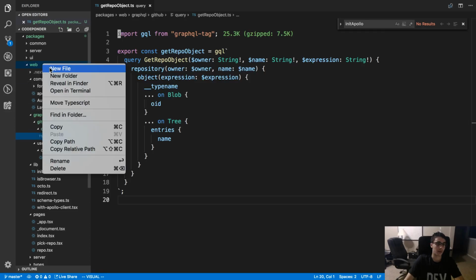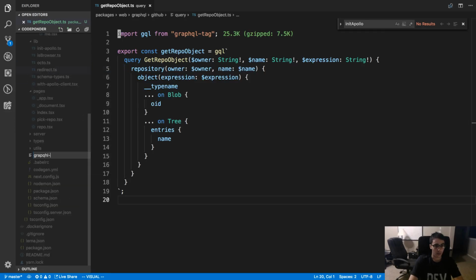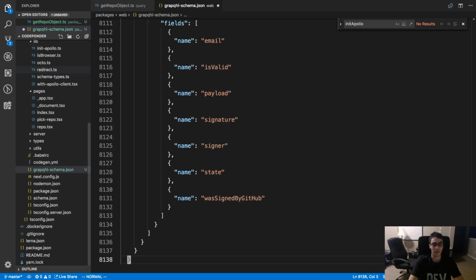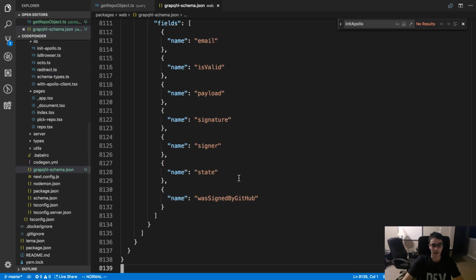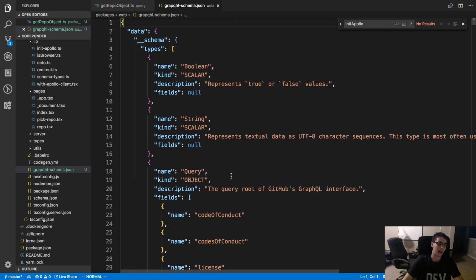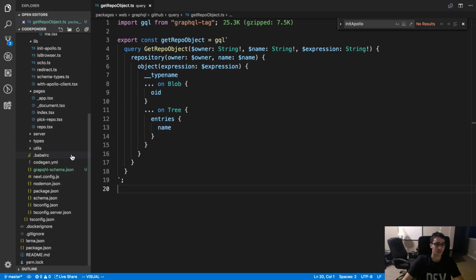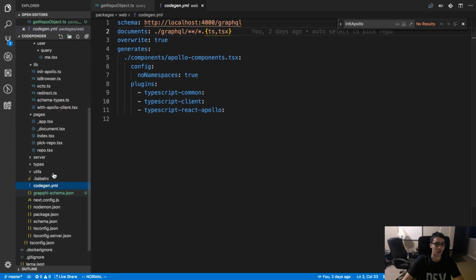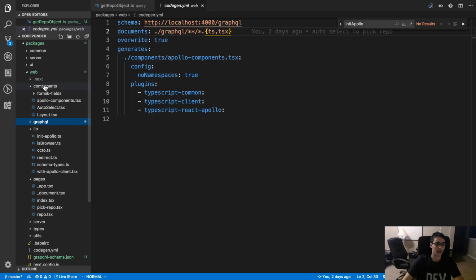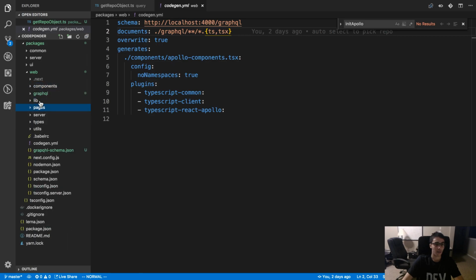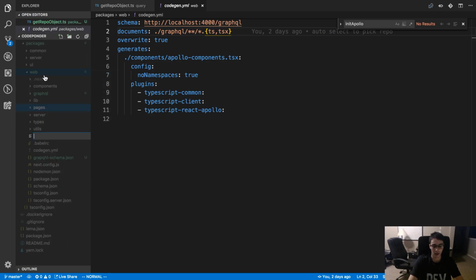All right, so now I'm going to say graphql.schema.json, paste it in, give it a save, see if it's valid. Prettier formatted it, so I know it's valid JSON that way pretty much. And so I have a CodeGen. I'm going to need a CodeGen per thing. So I'm going to say